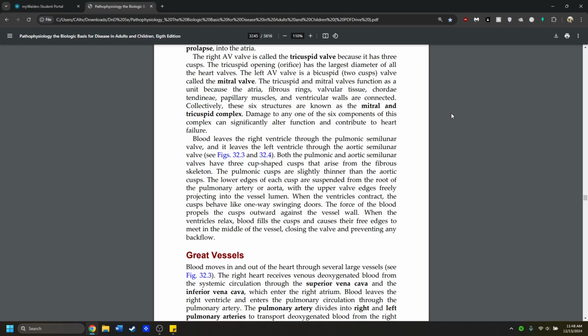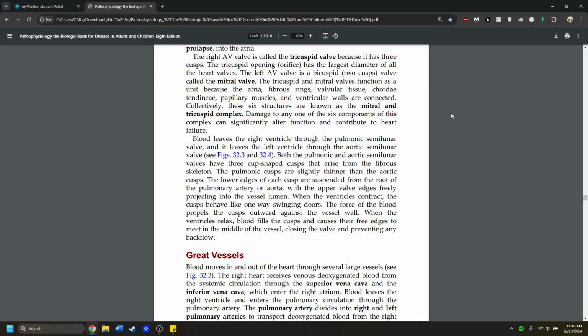Blood leaves the right ventricle through the pulmonic semilunar valve, and it leaves the left ventricle through the aortic semilunar valve. Both the pulmonic and aortic semilunar valves have three cup-shaped cusps that arise from the fibrous skeleton. The pulmonic cusps are slightly thinner than the aortic cusps. The lower edges of each cusp are suspended from the root of the pulmonary artery and/or aorta, with the upper valve edges freely projecting into the vessel